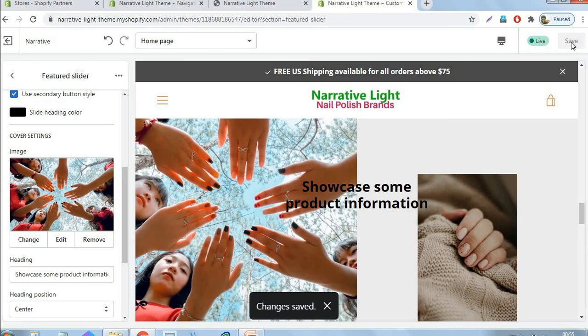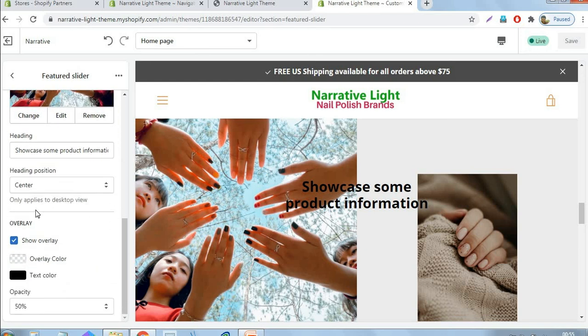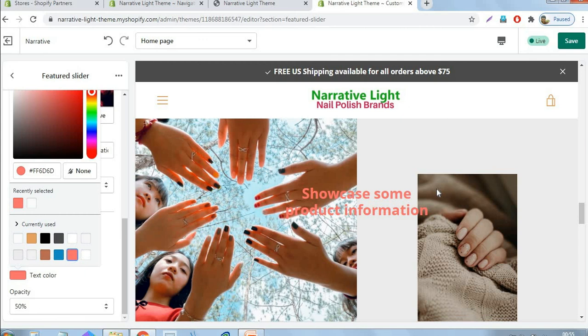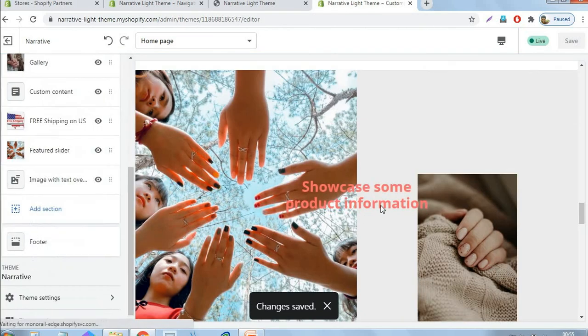Then we will change the text color to this one. Okay, just save.